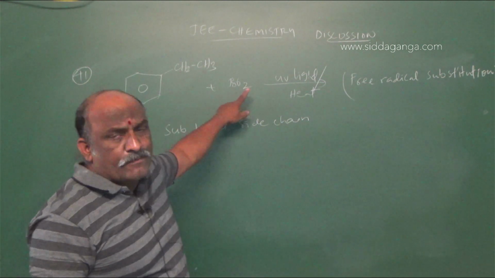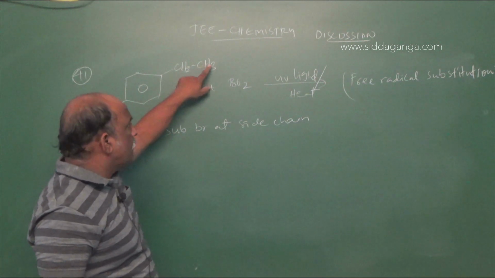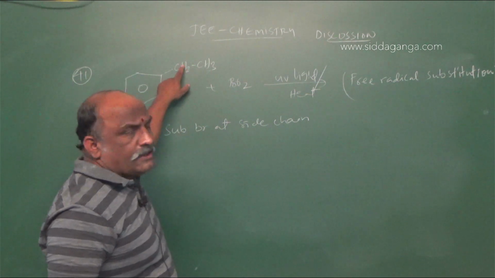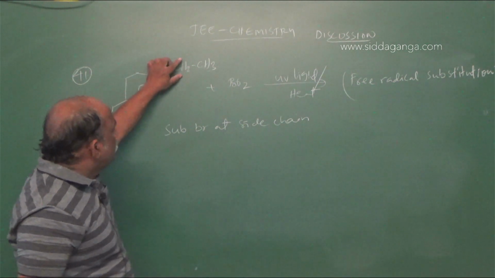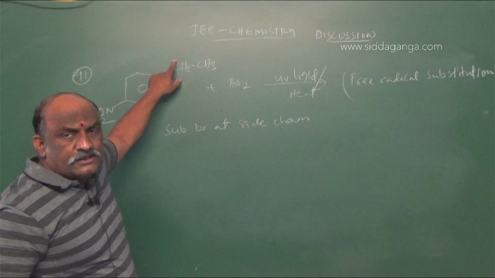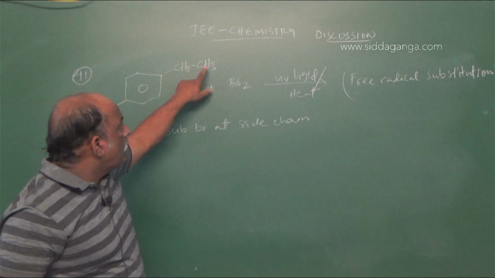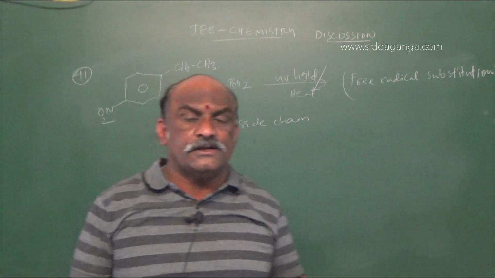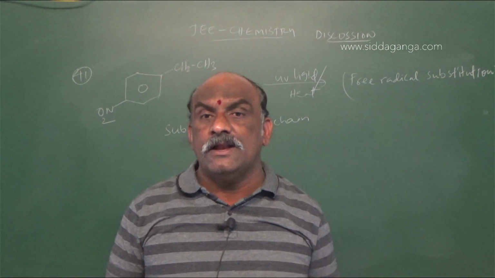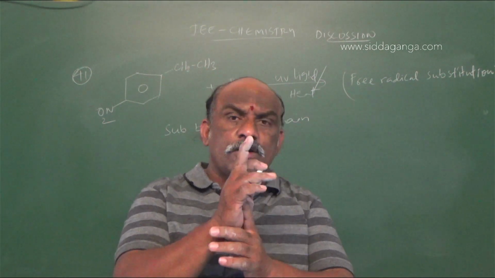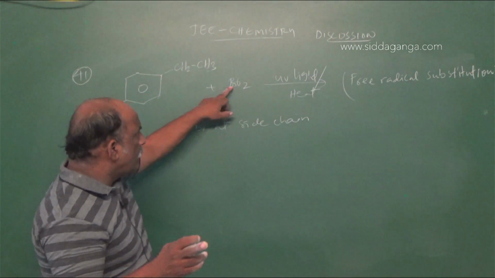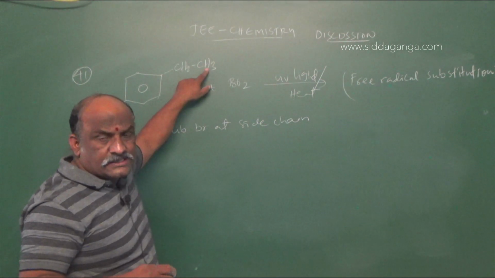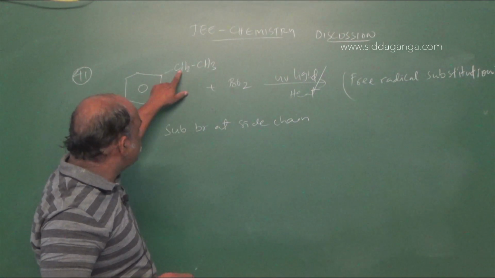Substitute Br here. Remove this hydrogen, substitute Br here. This is possibility number 1. This is possibility number 2: suppose you remove hydrogen from this. This is a benzyl carbocation. Remove hydrogen from this, this is a primary carbocation. Already we know the stability of carbocations. Benzyl carbocation is more stable than primary carbocation. Two possibilities are there. Bromine requires one hydrogen. You can take hydrogen from this primary carbon or from this benzyl carbon.